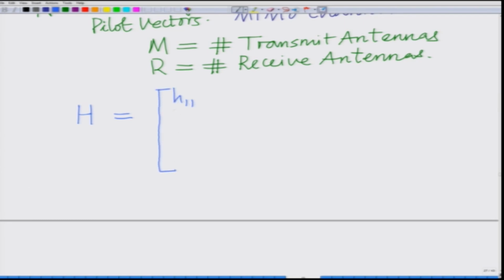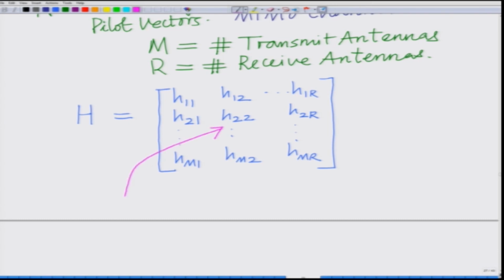We have already seen this: H11, H21, and so on up to HM1, then H12, H22, HM2, up to H1R, H2R, HMR. And we have also said that Hij